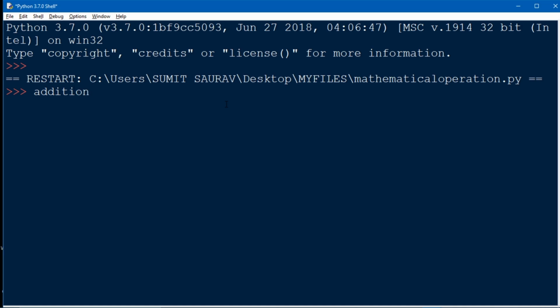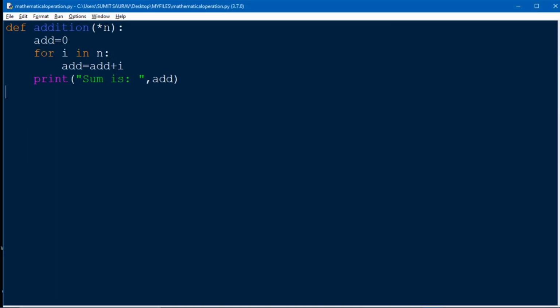Let's suppose I want to add 10, 20, it gives 30. Now we give multiple arguments like 10, 20, 30, 40, 50 at a time, and see, it gives me output 150. Okay, now it's working fine. Hope it's clear to all how to define a function with arguments and how to take multiple arguments at a time without defining each argument in the function, right?